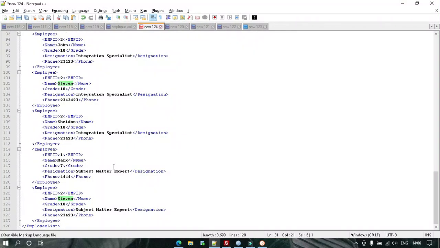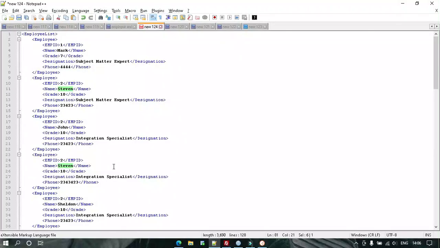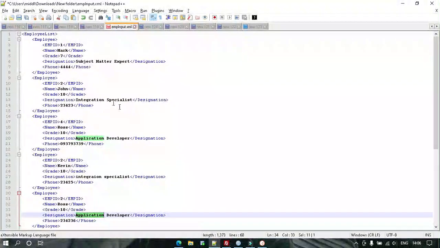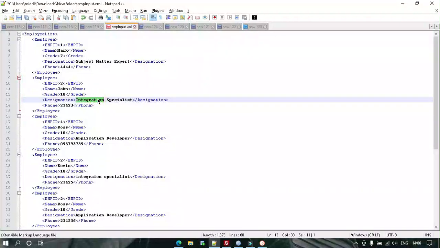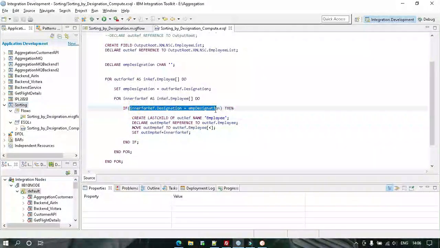See, we have repetitive data, so we have to rectify the repetition. Why is it happening? When it is searching for an integration specialist, whenever it is matching this condition, let's take an example of integration specialist.